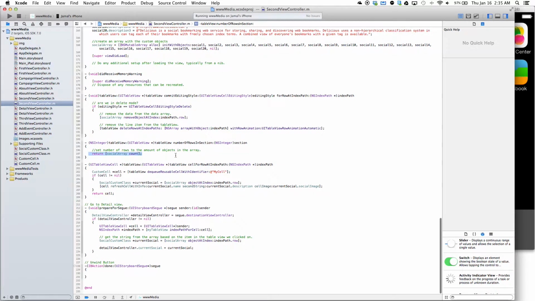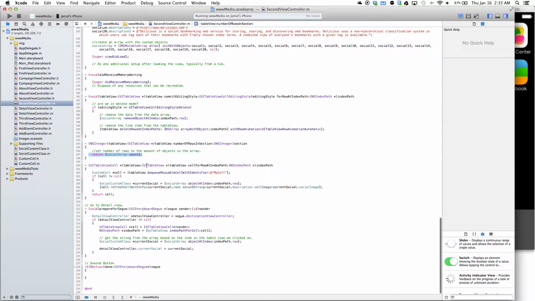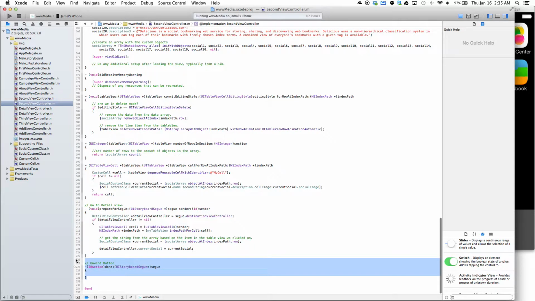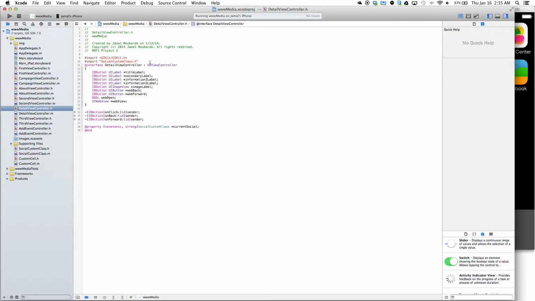My count for my array. And here is my custom cell where it pretty much takes all of the array, puts it in there, and then this sends it over to my detail view, and then I added my unwind here also. So go over to my detail, you have all your UI labels, buttons,